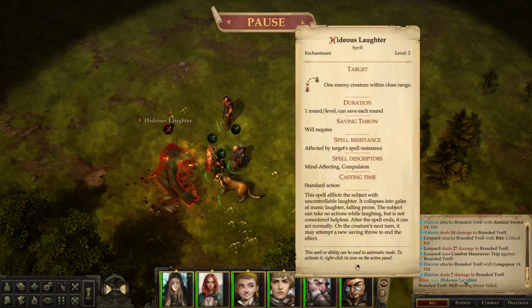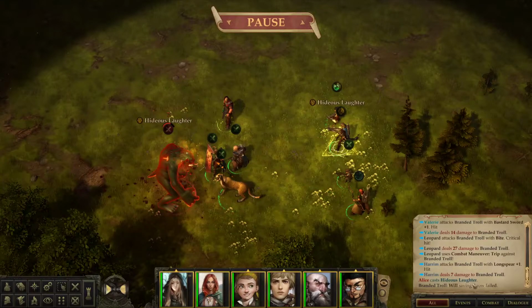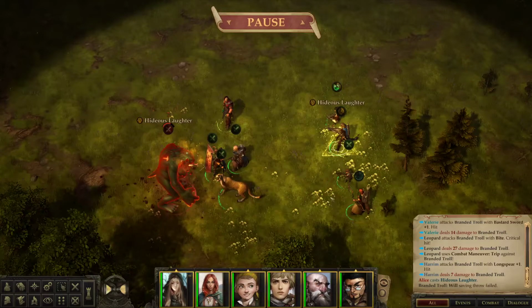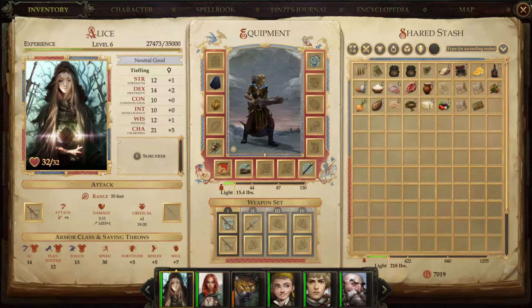You might be wondering, if you haven't watched earlier videos, why every time I cast hideous laughter, it's successful. The reason is we're casting with a DC of 23, which is ridiculously high. So it doesn't always work, but most of the time it works, and that's because Alice is both a Fey bloodline sorceress and a Spite Spawn tiefling, and has spell focus and great spell focus enchantment, meaning lots of bonuses to DC, and she's wearing a mesmerizing necklace, which is a pre-order bonus for the game. So all of that combined